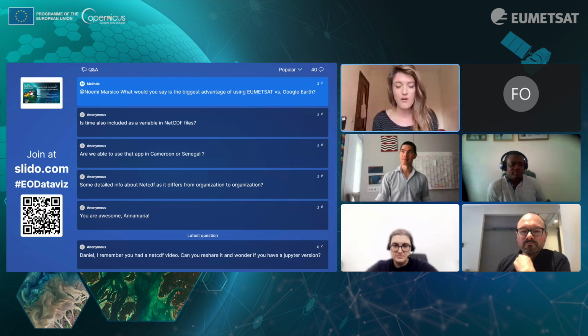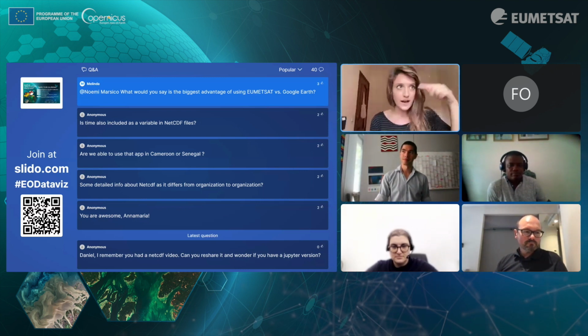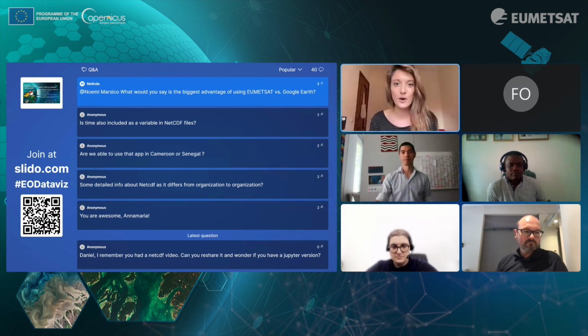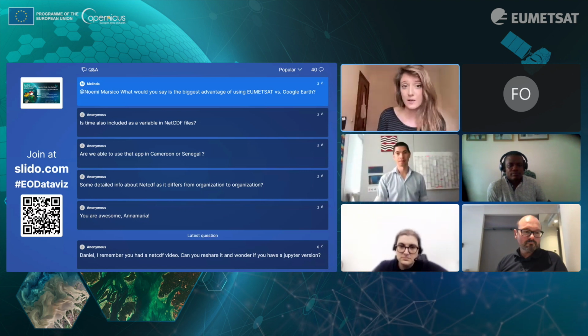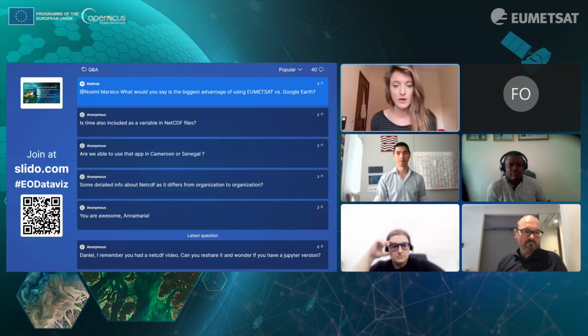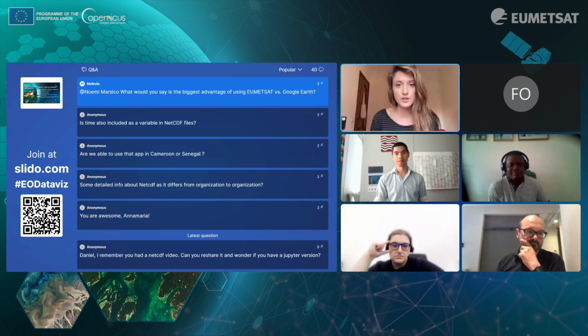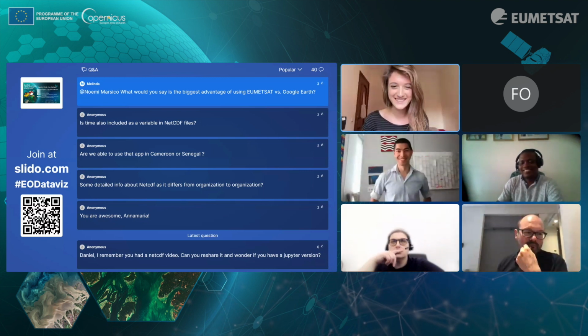So it is really comfortable and really simple. Once you choose the product, you can see the little image right there. So I think you have access to a really good amount of data and it's really simple. Google Earth sometimes can be confusing, while EUMETView is really simple to use. So definitely go for EUMETView. Okay.